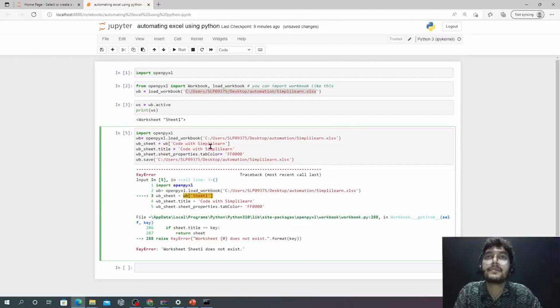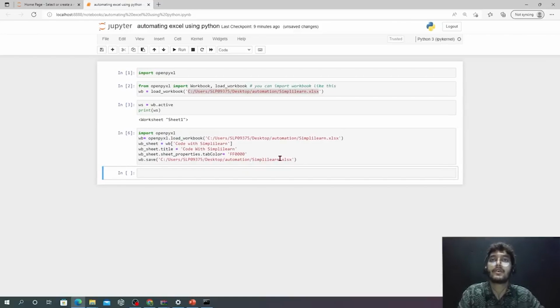Okay, same. Simplilearn, same code. So what I will do here, I will just make W capital. So yeah, now it will work fine. So if you save or run your code like this,